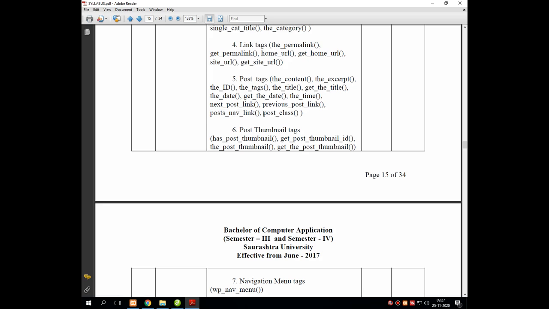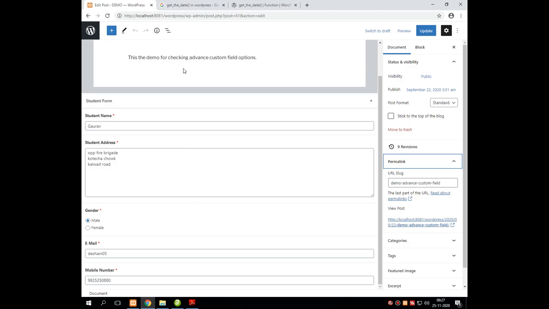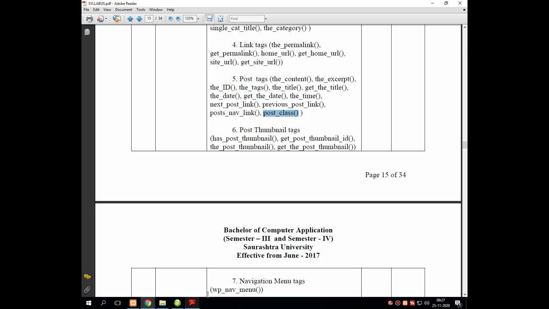And the last one is post underscore class. Post underscore class will display the class file of the post under which that particular description is given onto the screen. This last function is not that important from the university examination point of view.